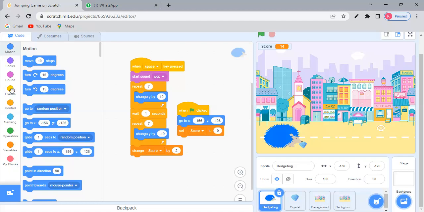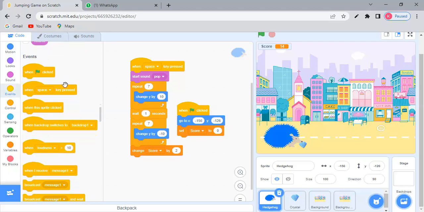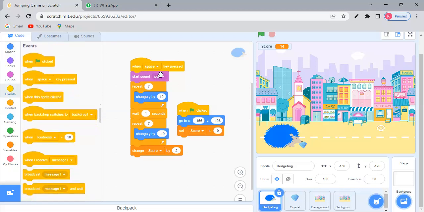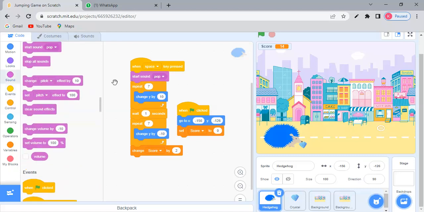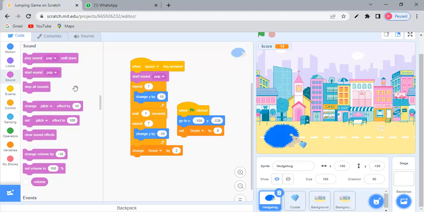So here I have taken this when space key pressed block from the events, and then I have taken this start sound pop block. It means whenever you jump, the pop sound will be played. So you can take this start sound pop block from here, from the sounds category. You can also record a new sound. You can click on this arrow, or just click right here, and then you can click on record,